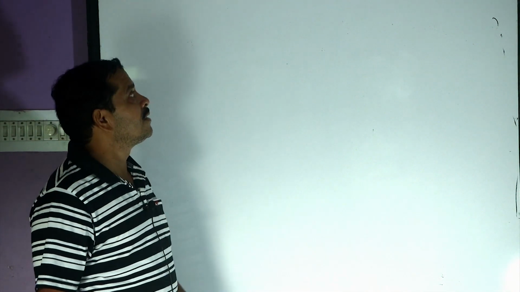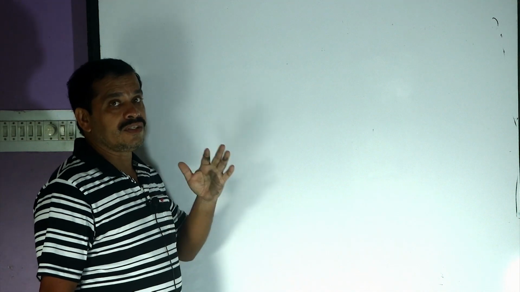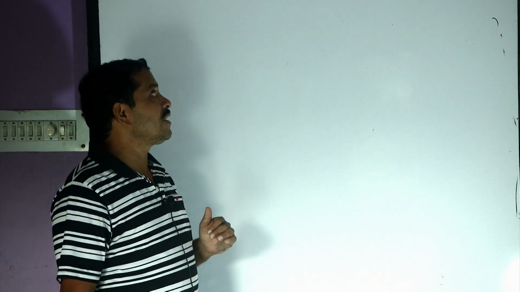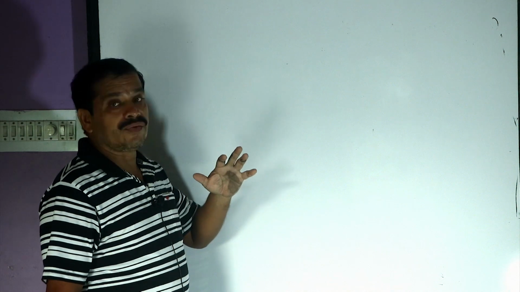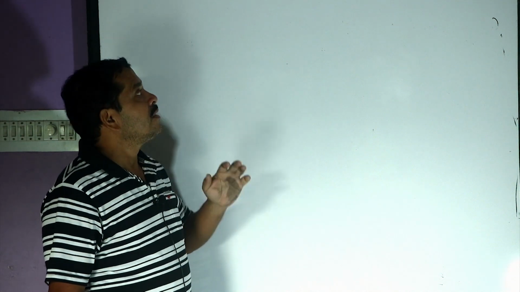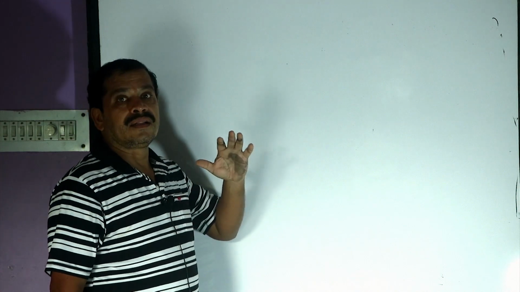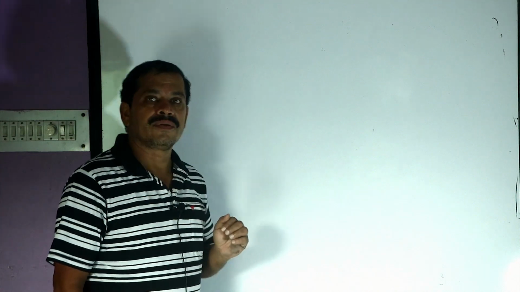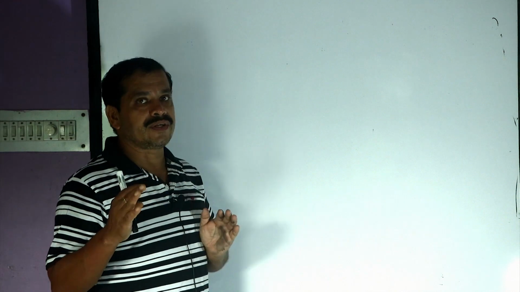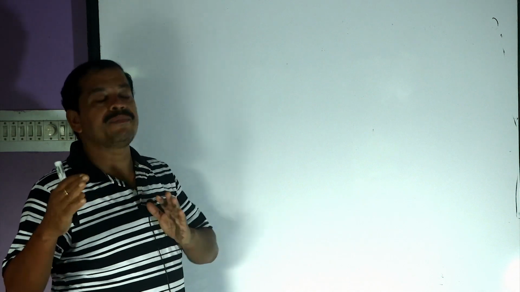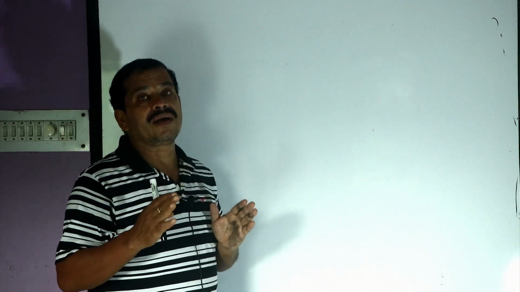Good morning to all. Today we shall discuss the next part of the matrix. We shall discuss the symmetric and skew symmetric matrix, and the row elementary operation. By using row elementary operation, how we can transform a matrix to a unit matrix, and how we can find the inverse of a matrix. Very important article.